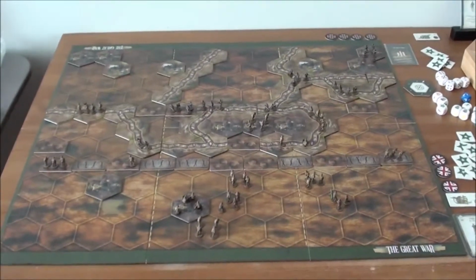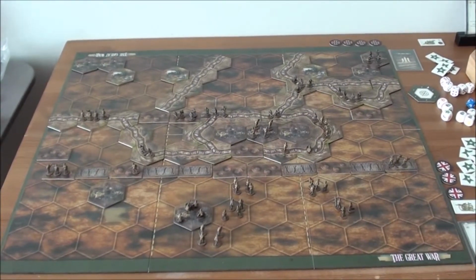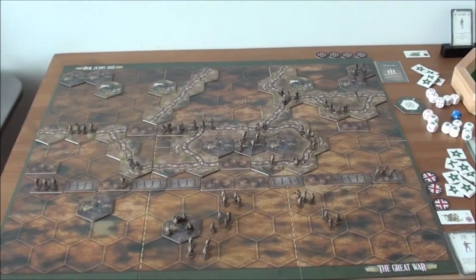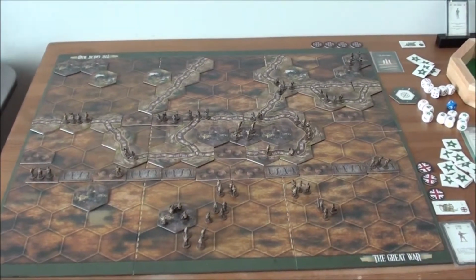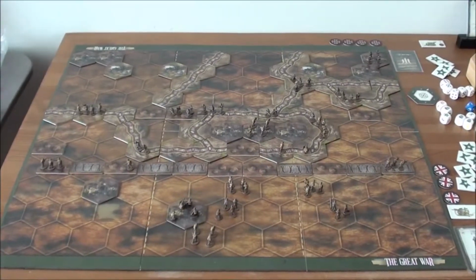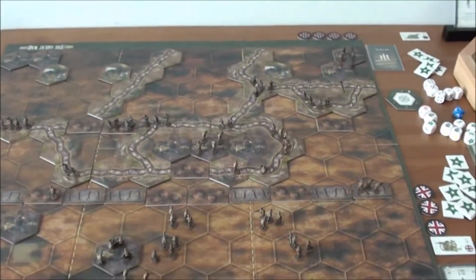Hi, this is part 4 of the replay of scenario 17, Montauban, which is depicting the British 30th Division advance on the Somme sector. And it's the Great War we are playing. So, first of all,